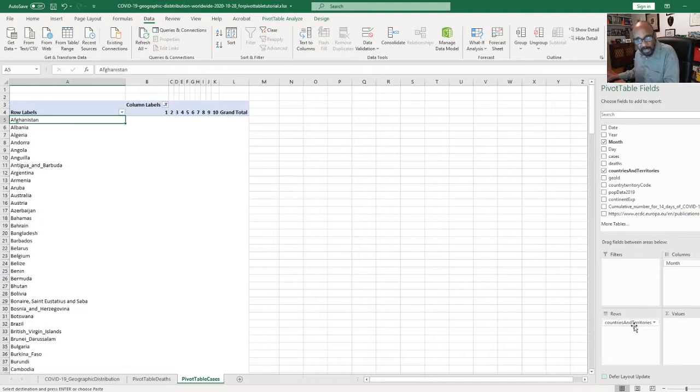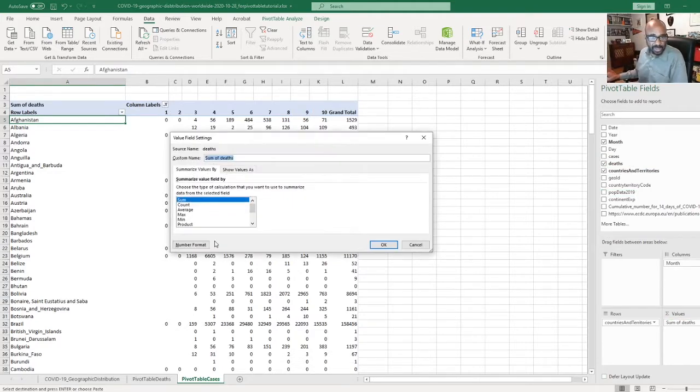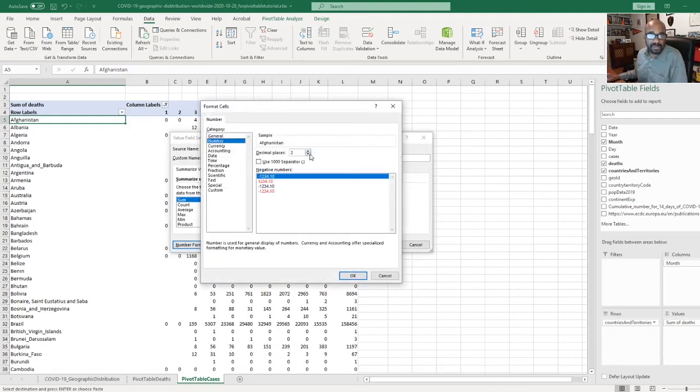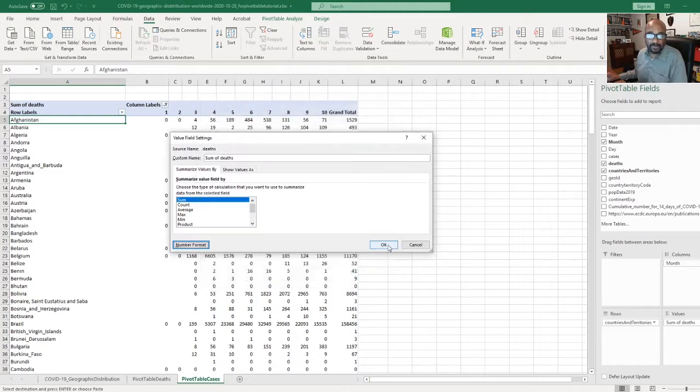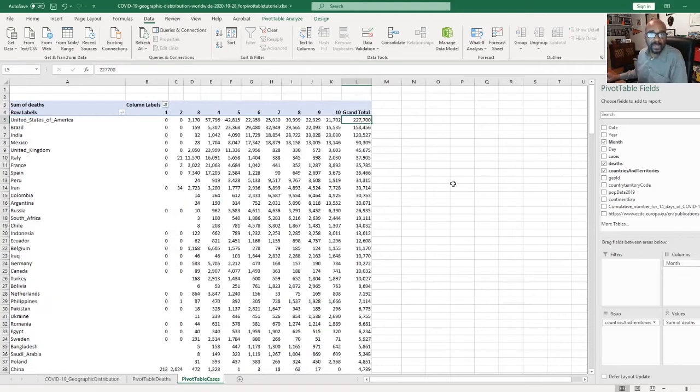We still want to group by countries, we still want to subdivide by month, but instead of summing the deaths, we want to sum the cases. So we'll drag the cases in here, and then we have to format the numbers. It's summing, so it's doing the right math, but we want to format the numbers. We don't want any decimal places, and we want to use the thousand separator, and there we go. And then we can sort the grand total in descending order, and we can see that